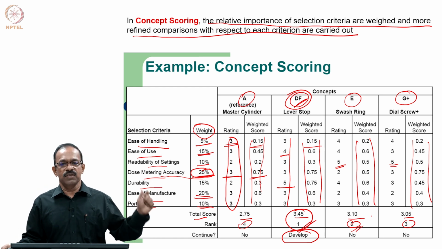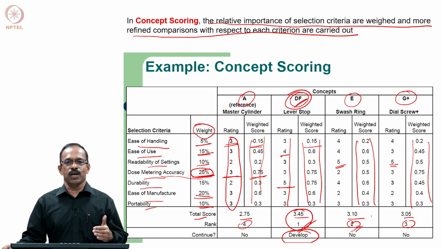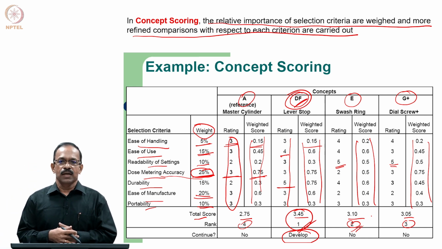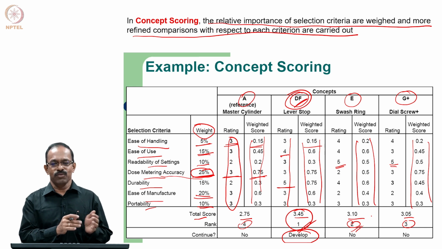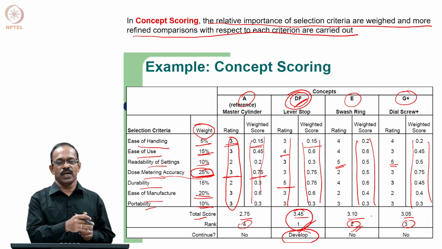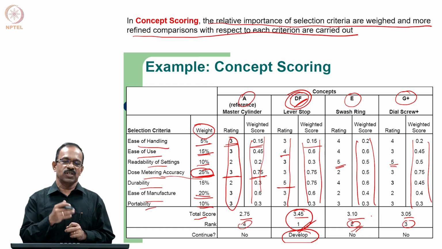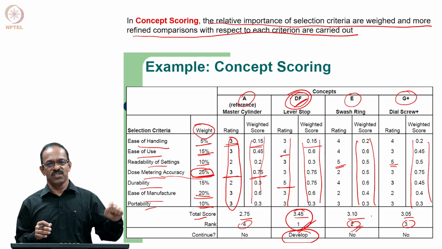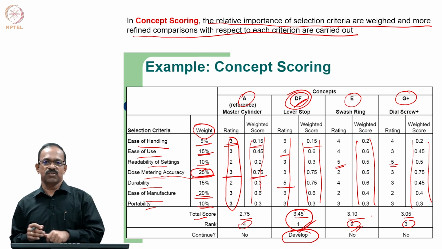So, this becomes a very systematic analysis with a proper record of how you arrived at the ranking, and in case you want to come back and check, you will be able to get this and see what kind of criteria you used. And if you feel that the criteria used was wrong, you can go back and change the criteria and then do the analysis again.